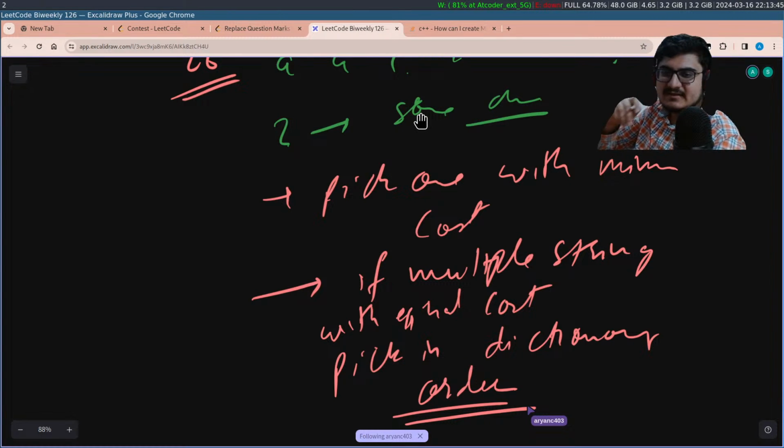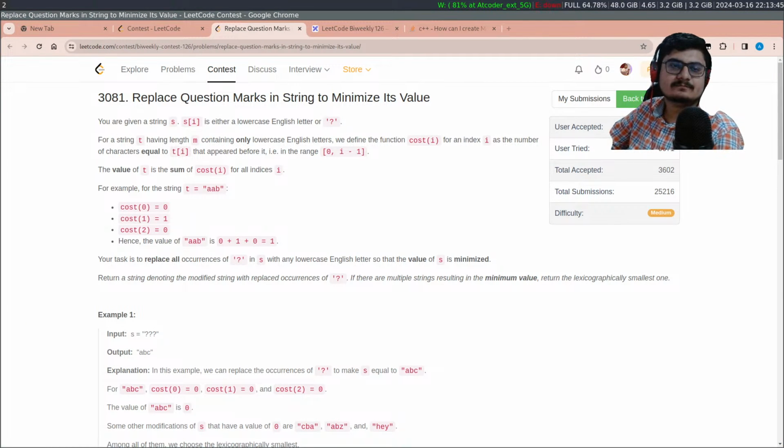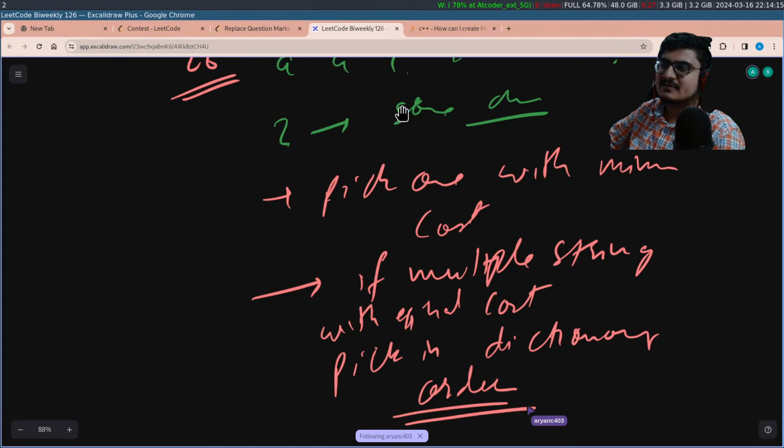And essentially, that is the problem. Any questions on the problem statement first before we try to solve this problem? Okay, once we know the problem statement, one critical observation was